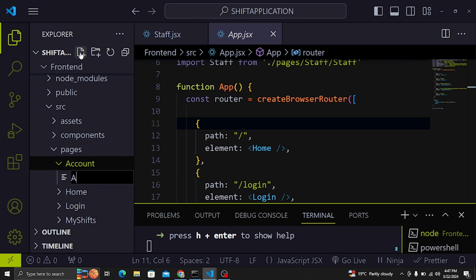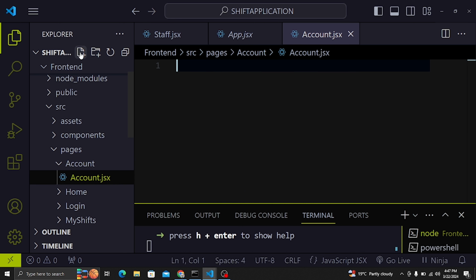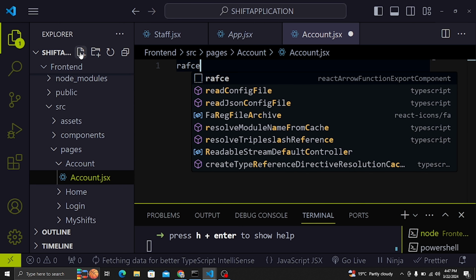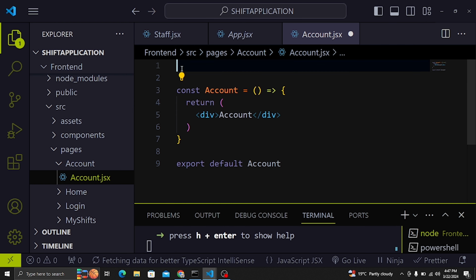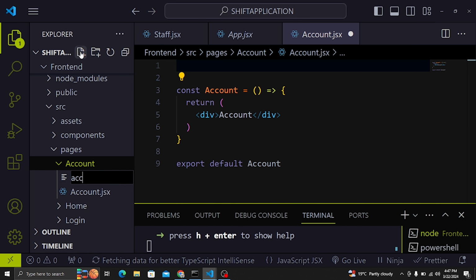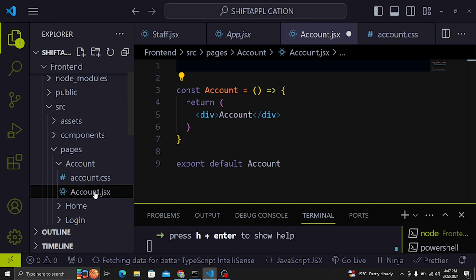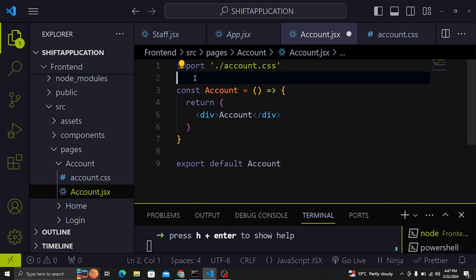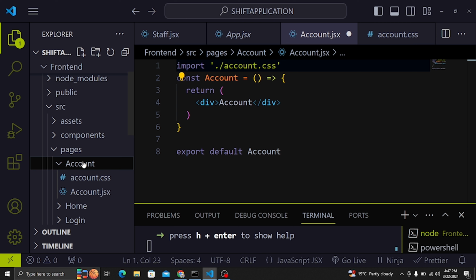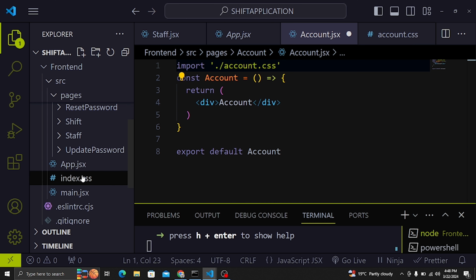So account.jsx like that, and in here I can do RFCE to create my component, and I can also remove this because we don't want it right now. Another thing is that I can add account.css like that, and now here I can import my CSS like that, and from here we can add this page or route to this page in